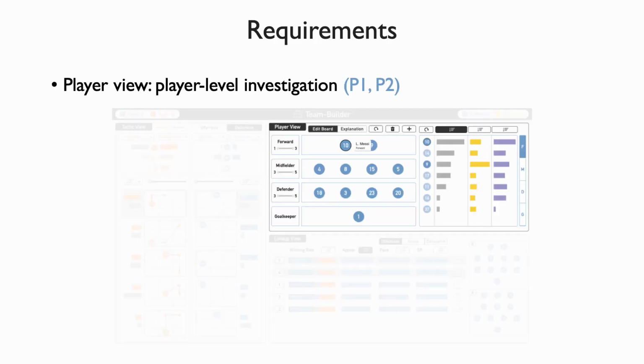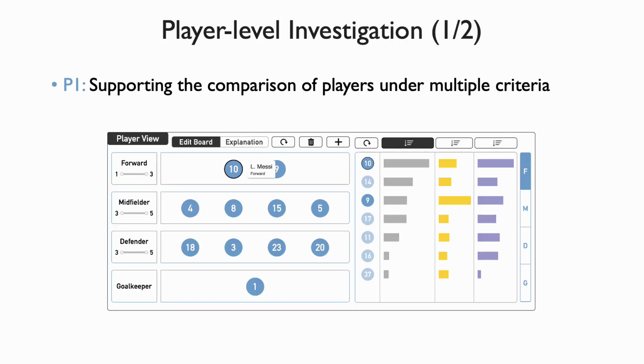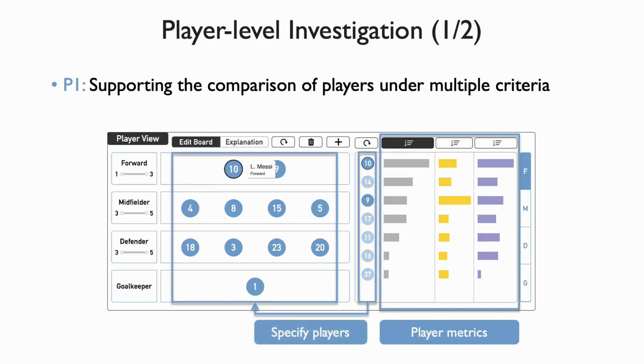On player-level investigation, we design a player view to explore player performances and investigate the interactions among the players to explain the generated lineup. In the player view, users can explore player performances in the candidate player list with player matrix, including the individual performance value, the total offensive interaction value, and the total defensive interaction value. Then users can select players included or excluded in the lineup and generate the lineup and further adjust it in the